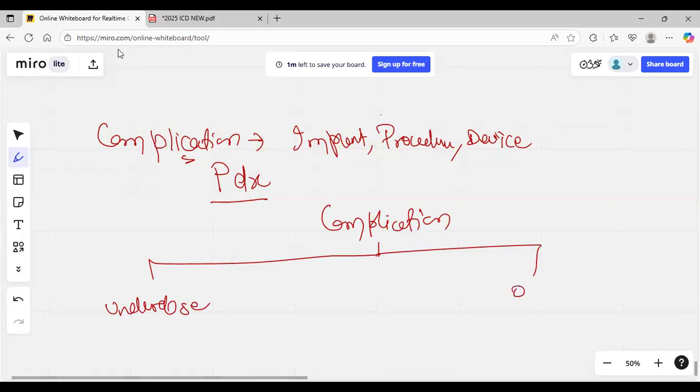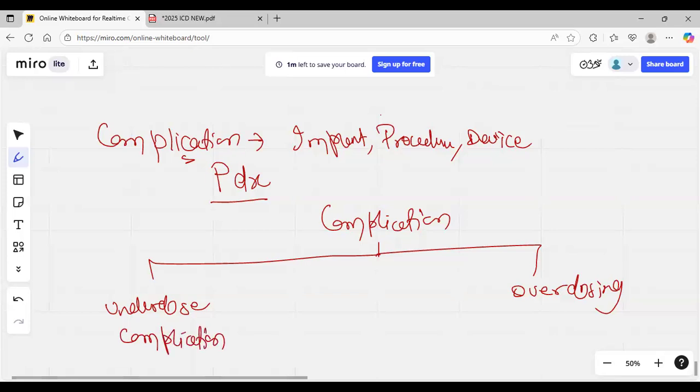Because if the insulin pump is not functioning, the patient is not getting sufficient insulin or is getting extra insulin. If it is an underdosing, you have to code the complication at the first position,